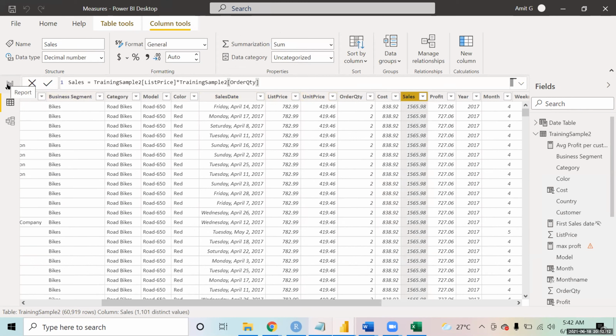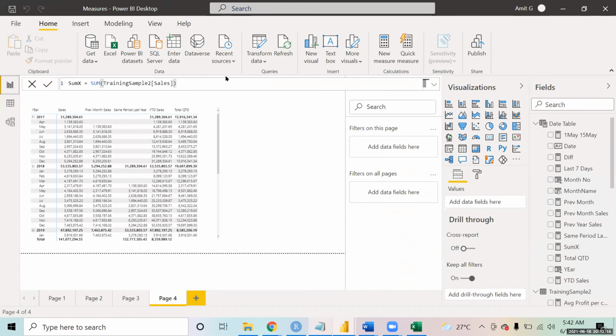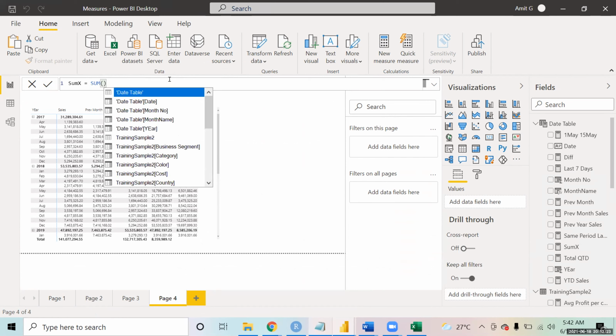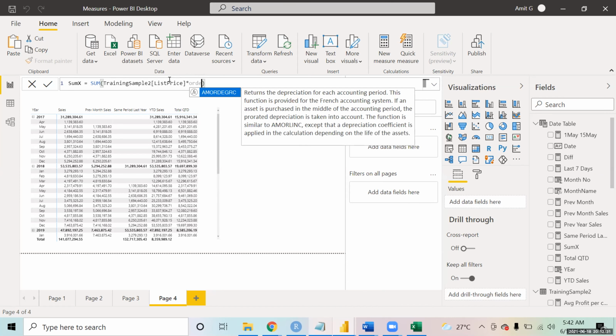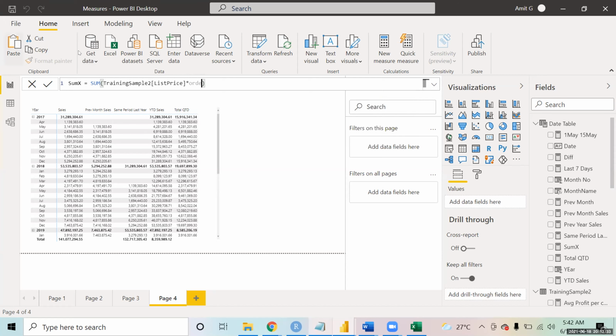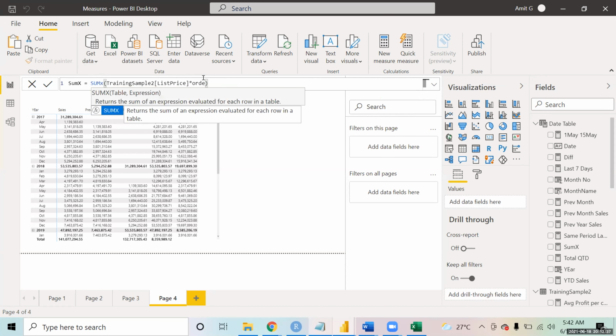If you use sum and try to sum list price into quantity, you won't be able to do this. It doesn't give you that column name, because it doesn't support two columns. But if I use SUMX, I can actually do that.